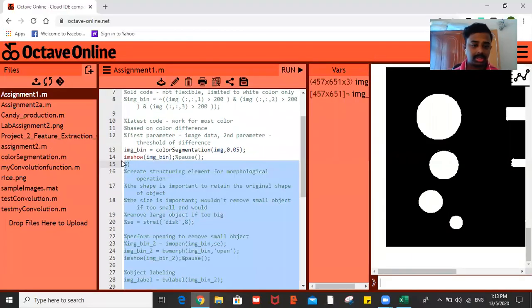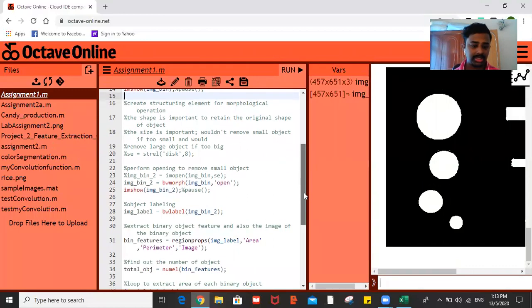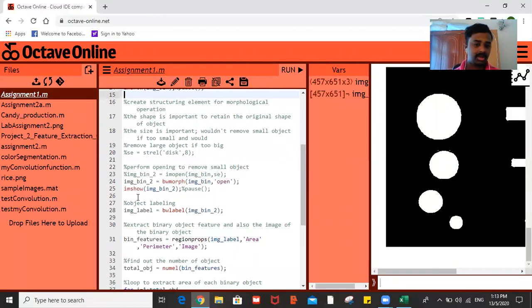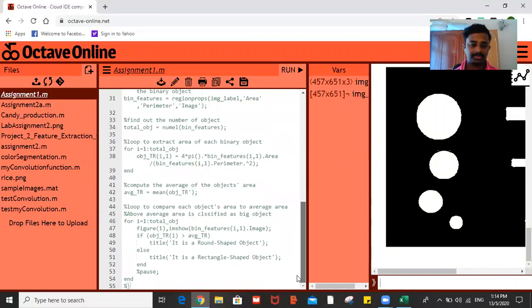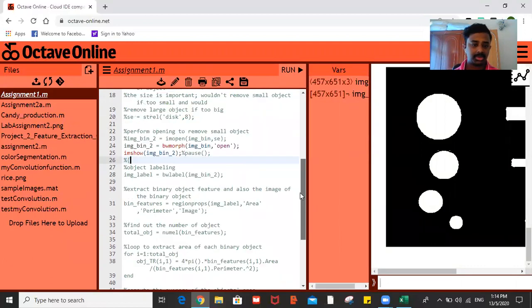So I'm going to cut this, Control X, and I'm going to bring it until the morphological operation, which is until here. If you see, each pause here means that is the ending part for each step. So I'm done with this part. Okay, I already done with this. So now I'm going to do the